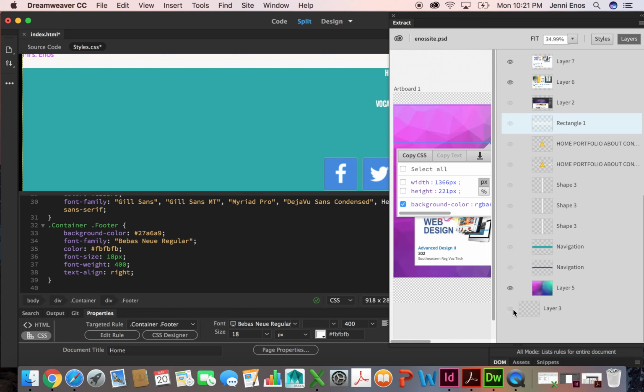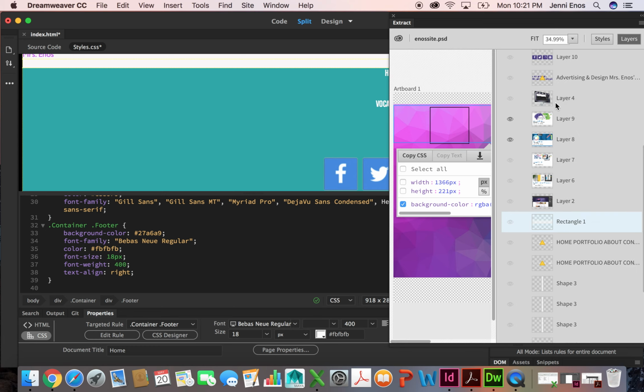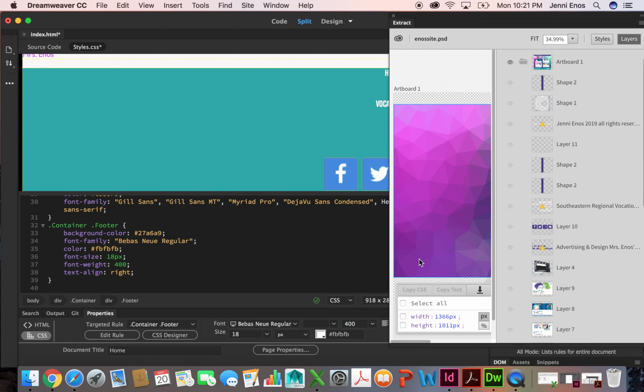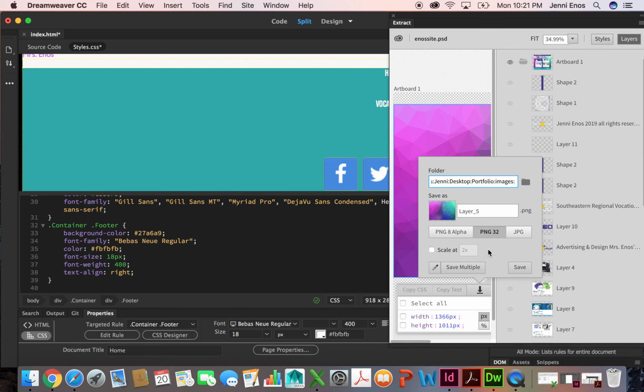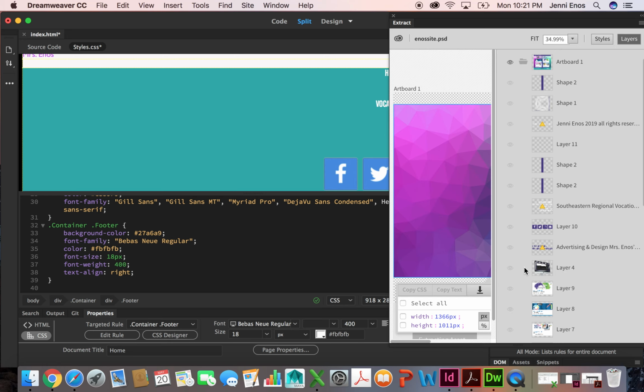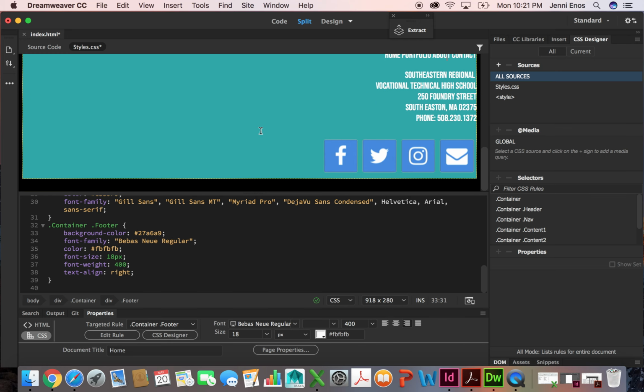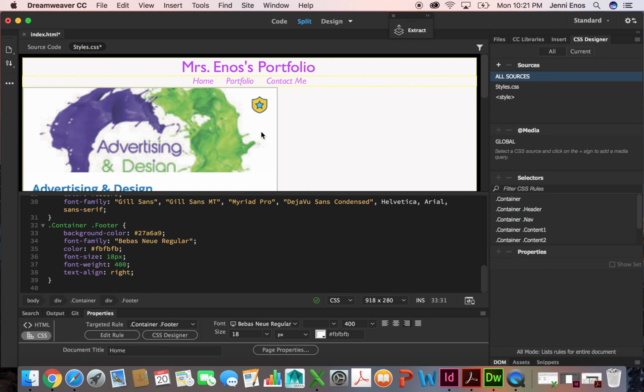That one. So that's all I want is that background right there. It's this background image, right? And I can call that background. And save that. So the extract panel allows us to pick apart our Photoshop document and start to build it